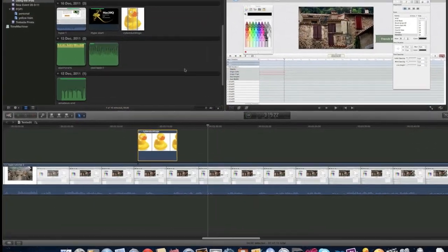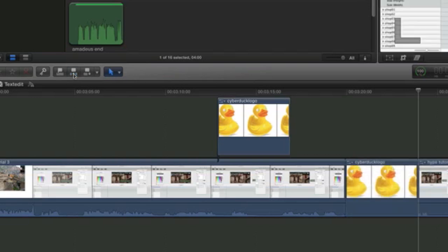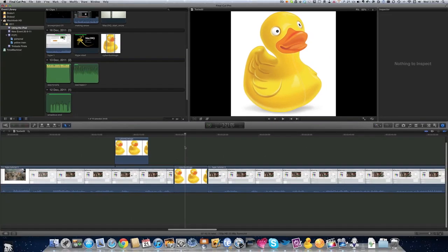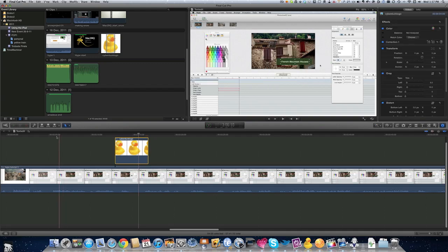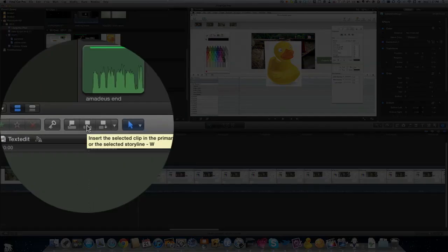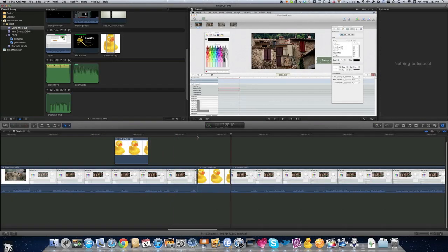If I've got that there, now what happens if I want to maybe insert that in there? Now what I perhaps could do is just let it go like that, and it's inserted it in between. So what that one did there, it inserted our duck at the point where the playhead was and split the two parts of the video apart. If I do Command Z now to take it back, so to do the insert of some video or audio into the timeline, I can use that button there, or I can just press a W. So if I've got that there, press W, and in it goes. Or if I press an E,